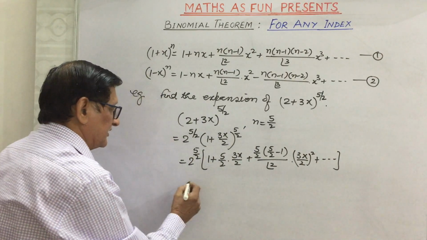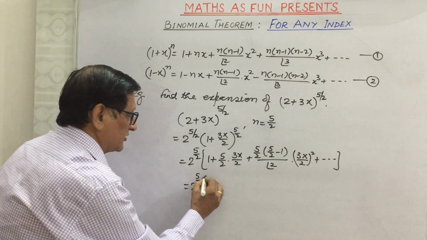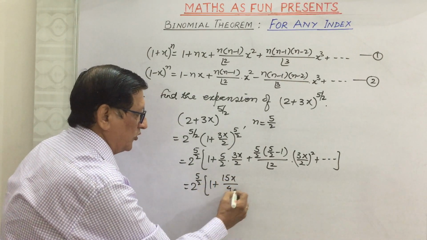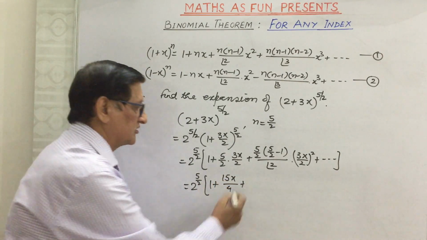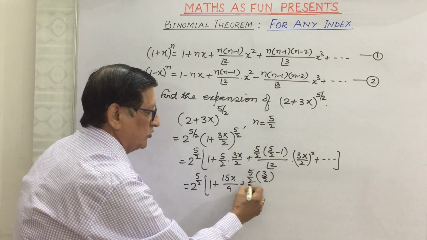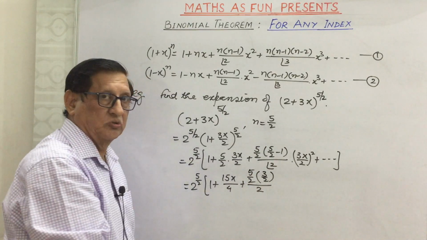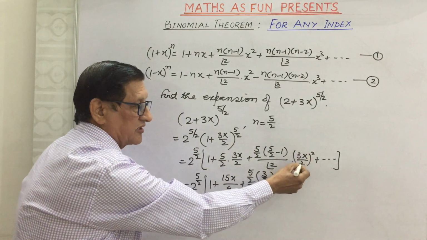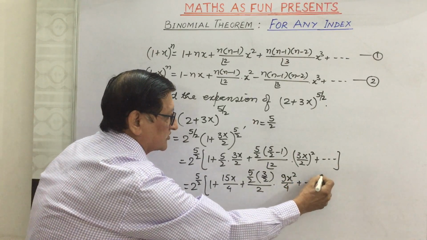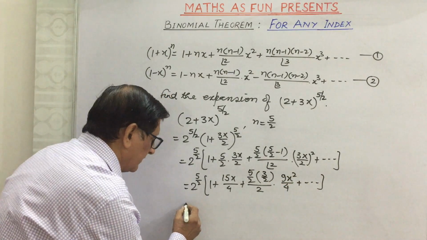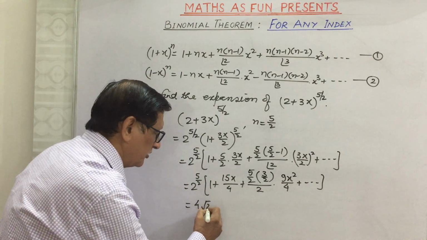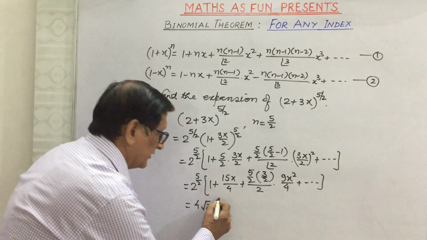When we simplify this, this is 2 power 5 by 2 into 1 plus 15x by 4 plus, this is 5 by 2, 5 by 2 minus 1 is 3 by 2, factorial 2 is 2 into 3x by 2 whole square means 9x square by 4 plus 1. On simplifying, we get 2 to the power 5 by 2 can also be written as 4 root 2 into